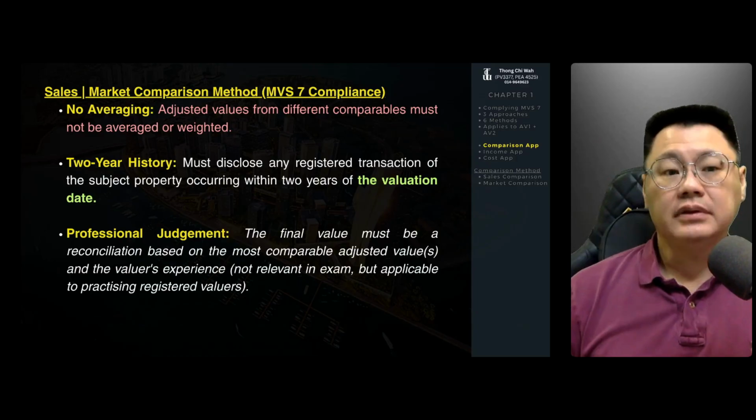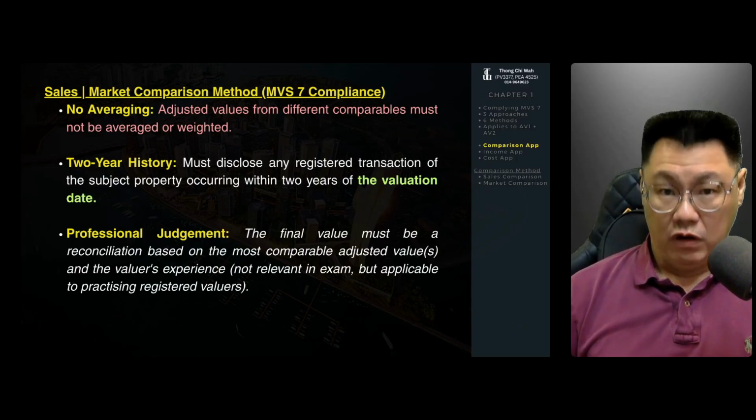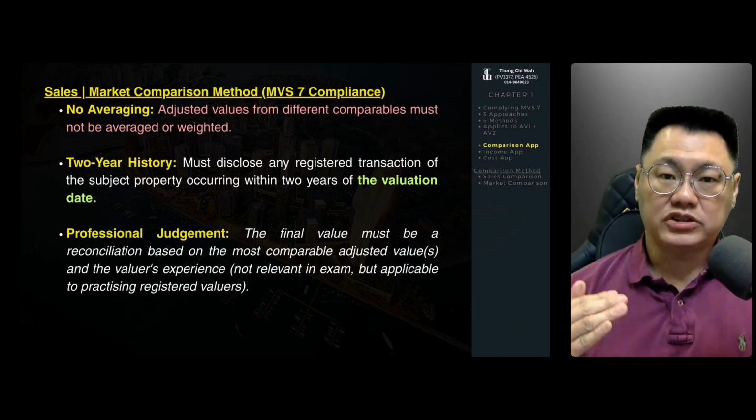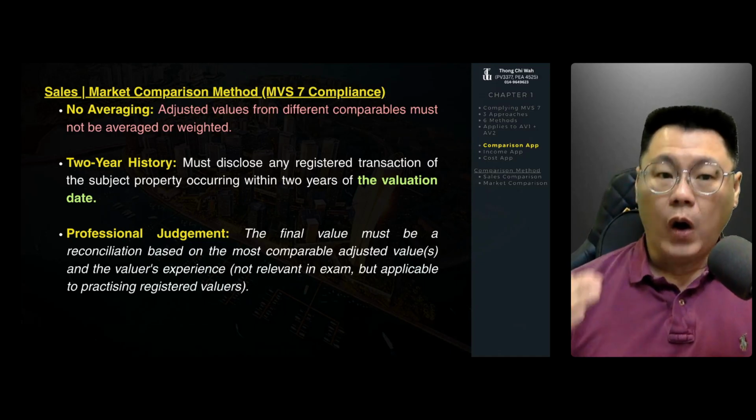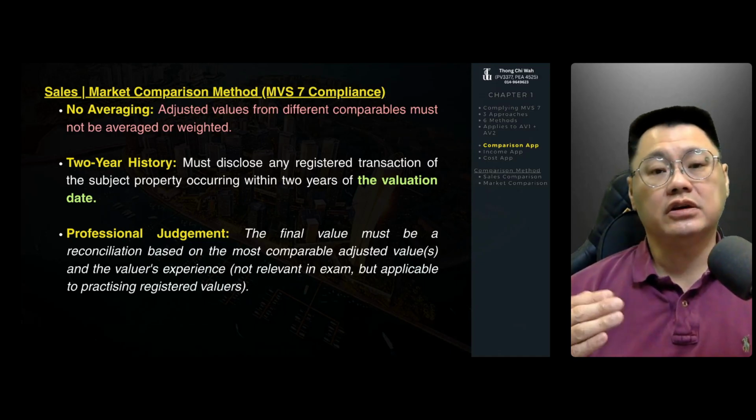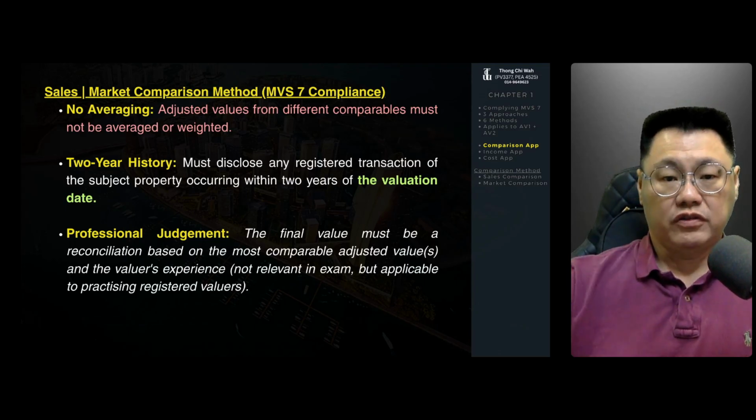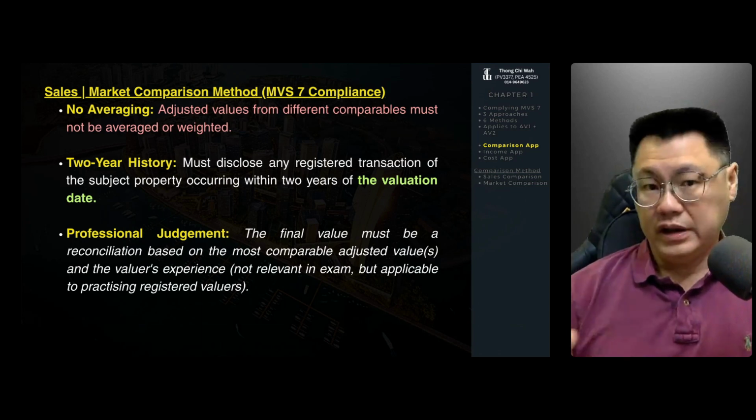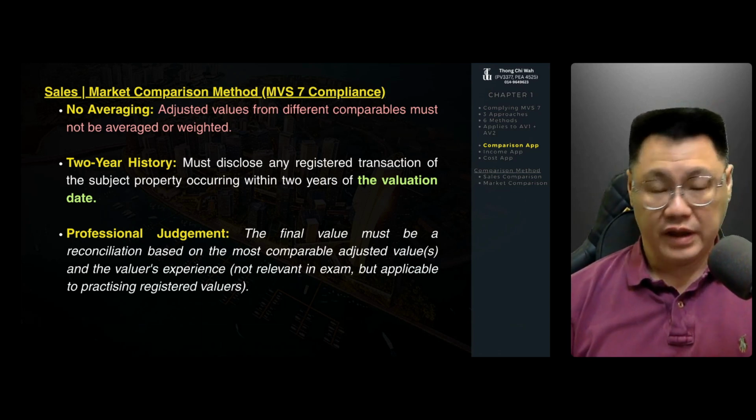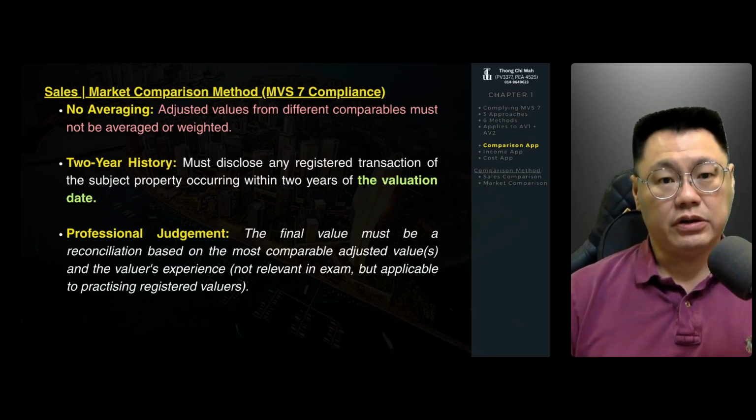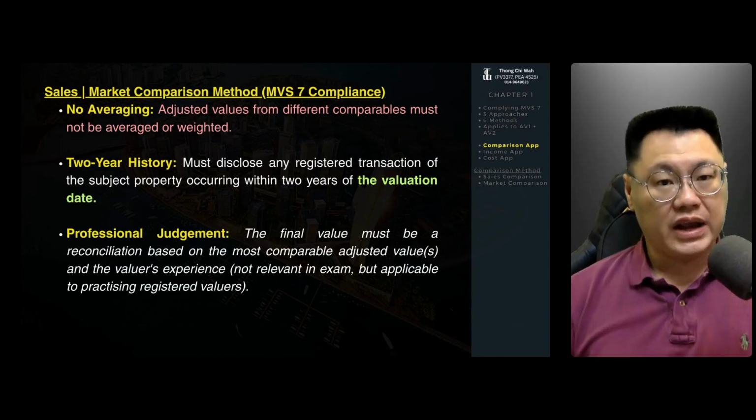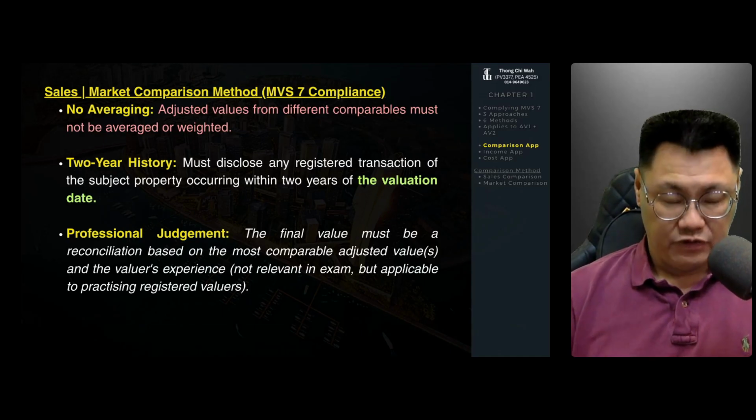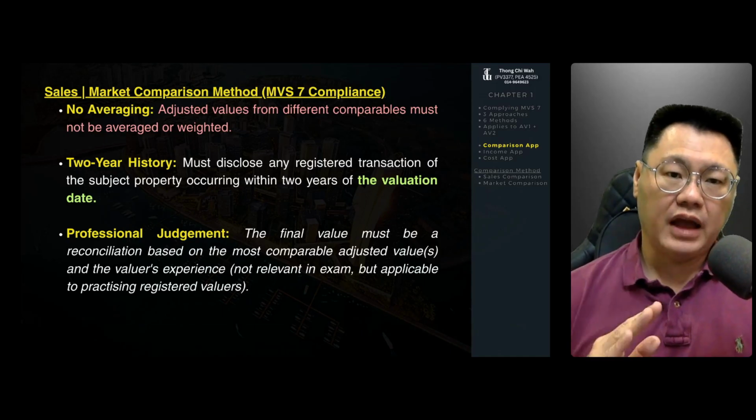And finally, coming to the end, the sales and market comparison method or MVS 7 compliance. Remember, when we do the comparison method, we are to comply with MVS 7 at all times. There's no averaging. You cannot take an average value from different comparables. It cannot be averaged or weighted out. In the earlier case, you had one extreme, 210,000, and the other 290. You add them together, you divide by 2, you get an average figure of 250. No. As a professional valuer, you are to make your own judgment and you are not to use a